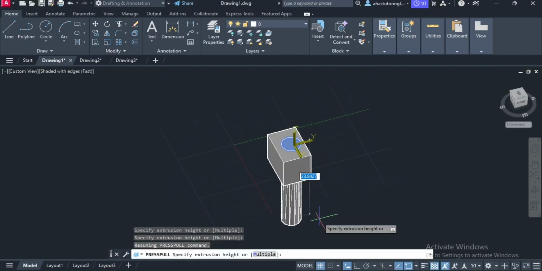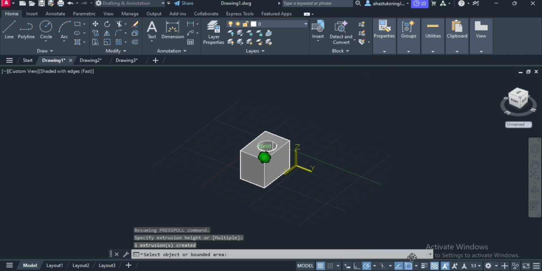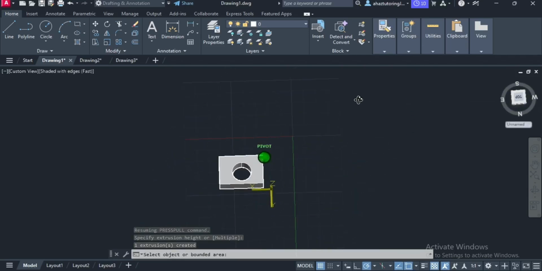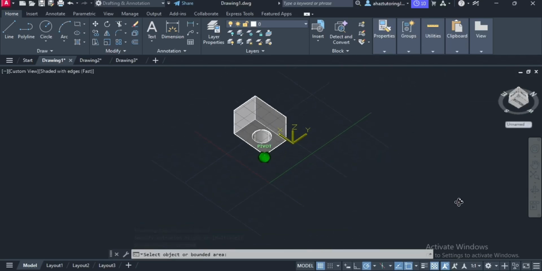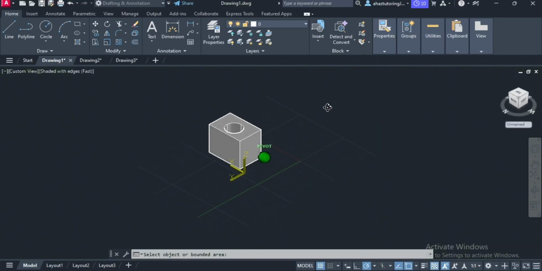control. One of the reasons presspull is so popular is that it combines multiple modeling operations into a single command. Instead of creating separate cutting solids and performing boolean subtraction operations, you can simply define a closed shape and push it into the object. This method is commonly used in mechanical design, product modeling, architectural modeling, structural detailing, industrial design,